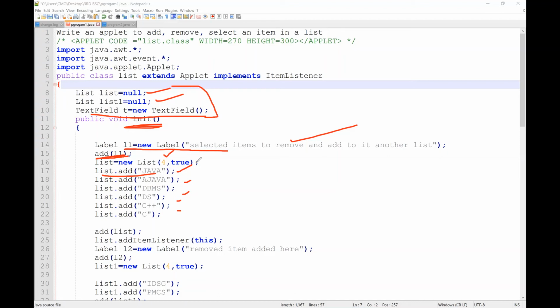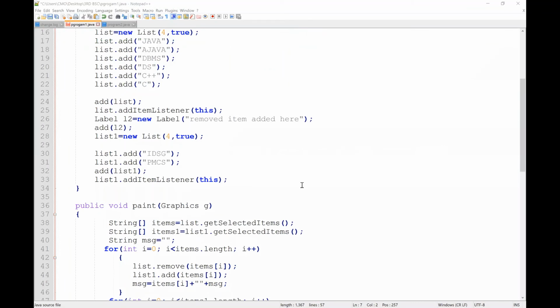Now you need to add this list to our screen using add list, like we did with buttons: add b1, b2, and like checkbox, add c1, c2. In the same way we need to add our first list to our screen.